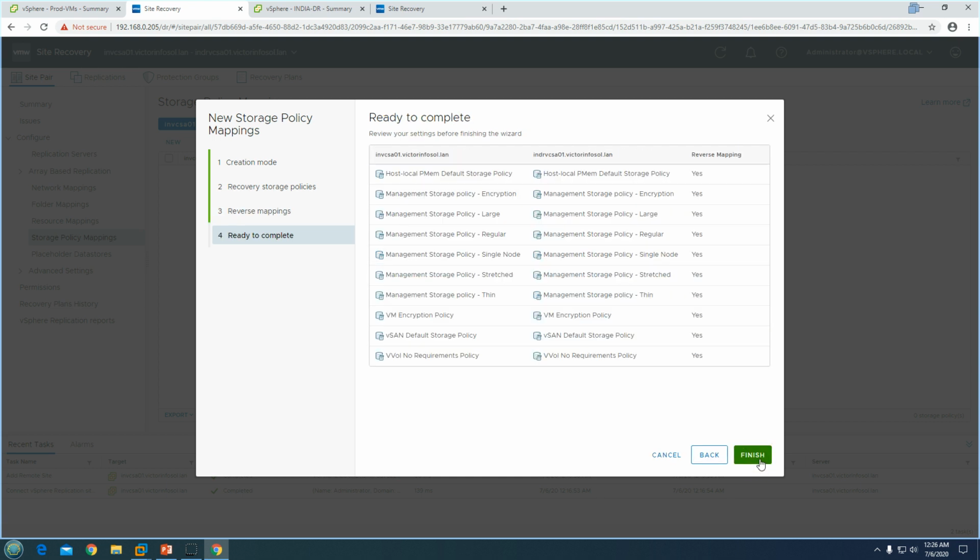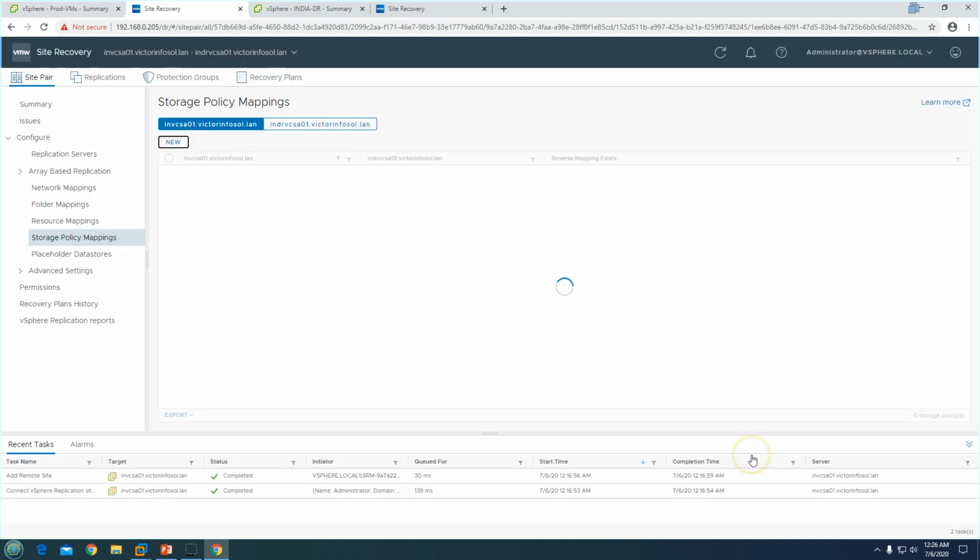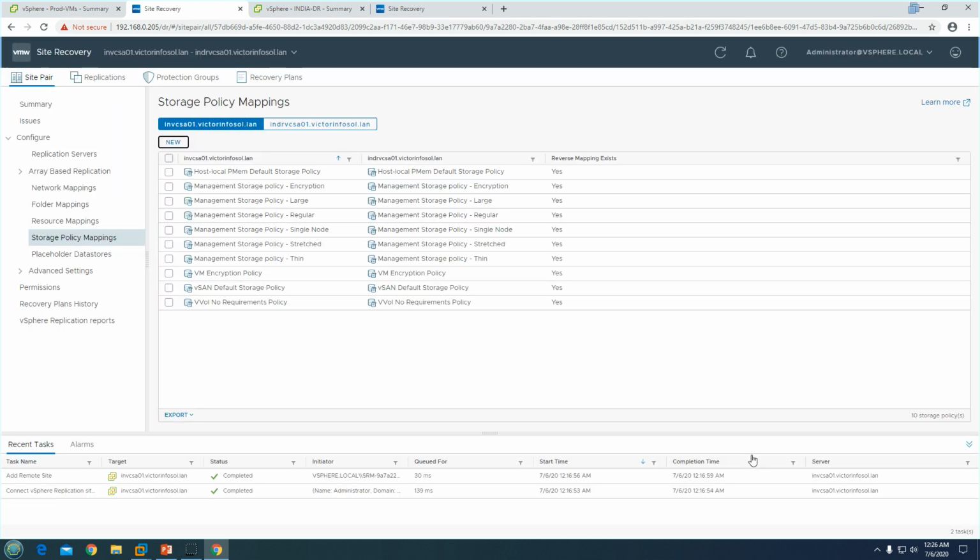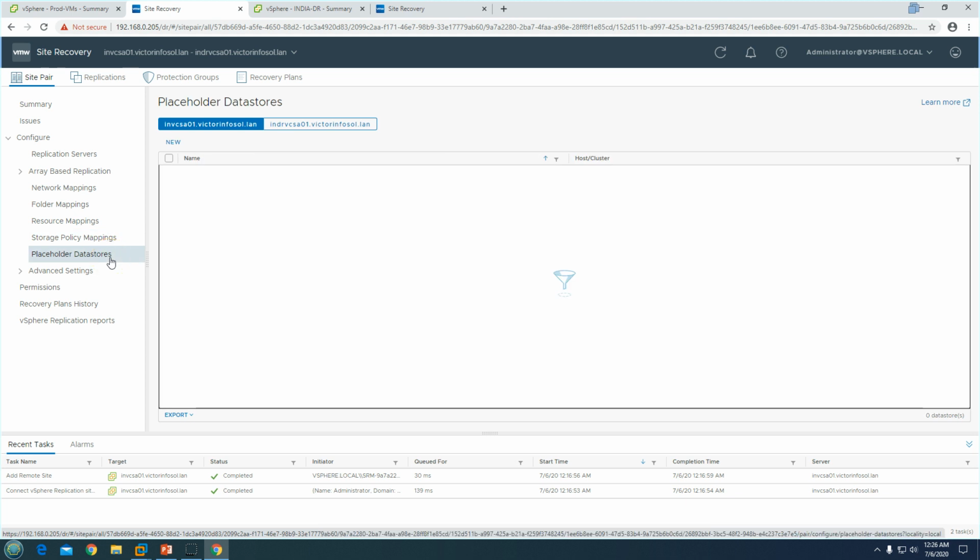However, we are not using virtual volumes, so we can configure it in case we are going to use it, and it will be helpful. Placeholder is one of the important datastores which you need to assign during the SRM post configuration tasks. Basically placeholder is a datastore where SRM is going to keep the configuration file of the virtual machine.